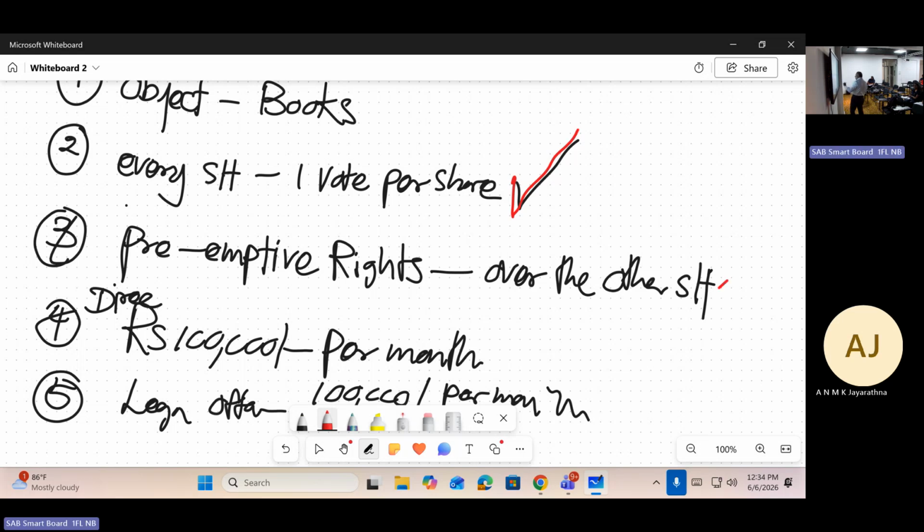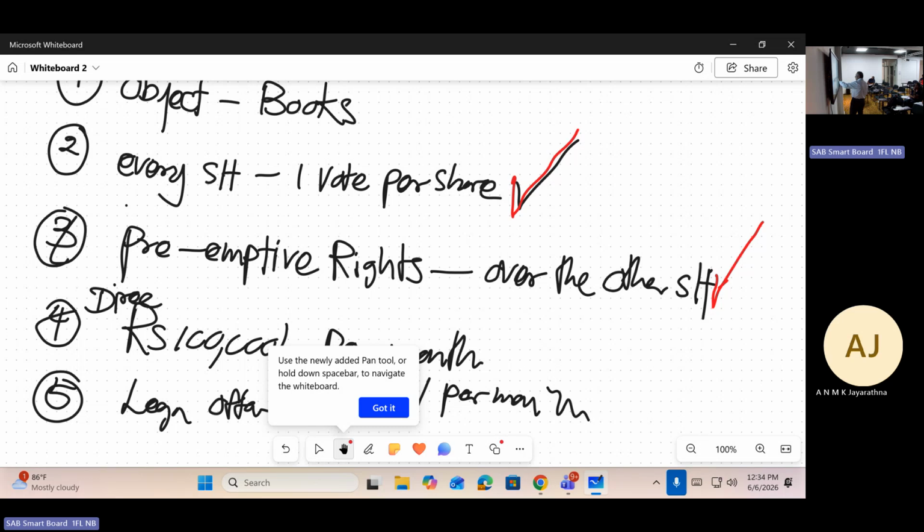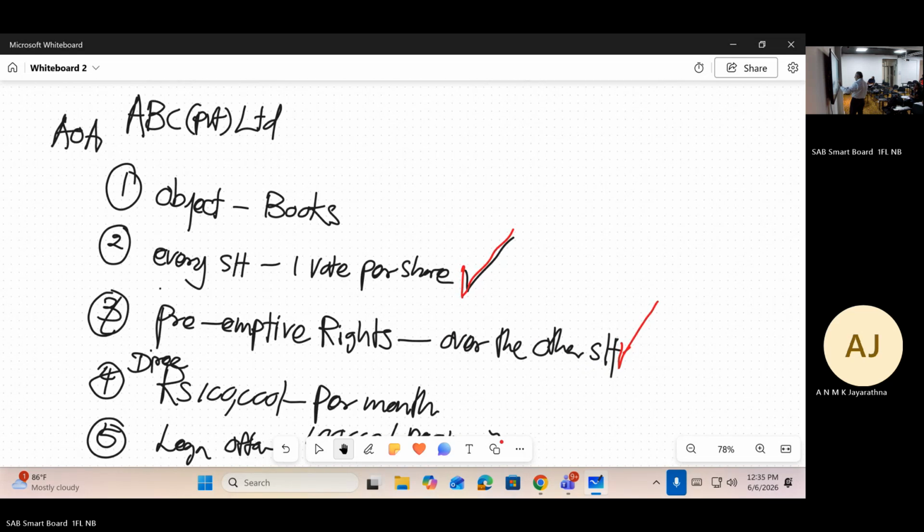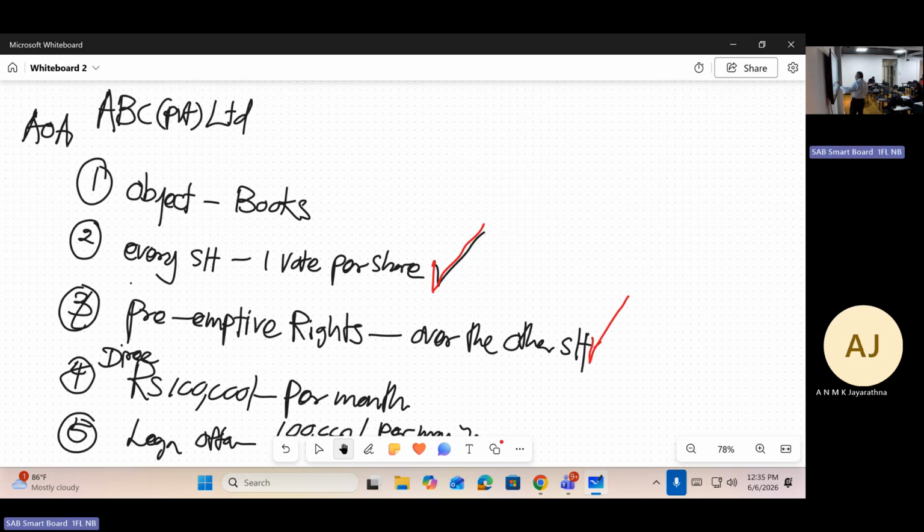By being a shareholder of this company, this right is given to this person. Preemptive right means,